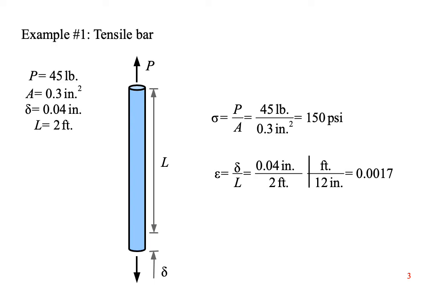For example, let's look at a 2-foot-long bar of steel loaded in tension with a force of 45 pounds. It has a cross-sectional area of 0.3 square inches and it stretches 0.04 inches. Stress is P over A, which works out to 150 psi. Strain is delta over L, which works out to